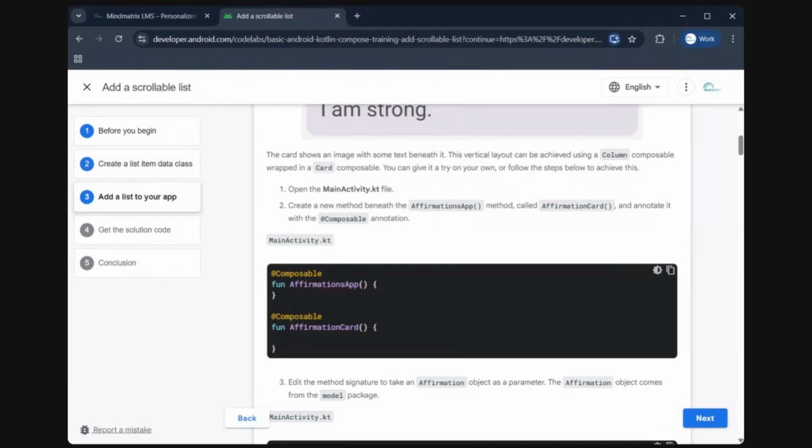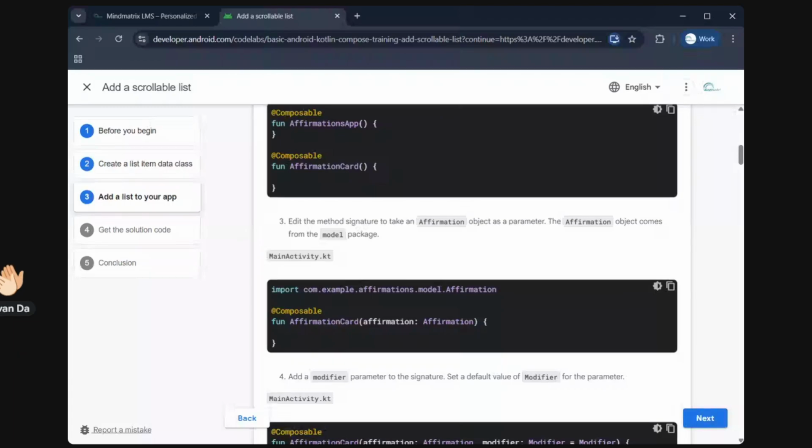As that thing, you have to call two functions. One is the affirmations app and the other is the affirmation card. You have to call two different composable functions in the main activity.kt. After calling the two different functions over there, then